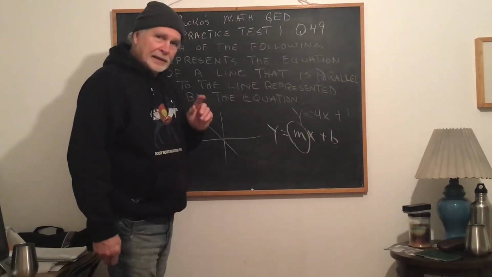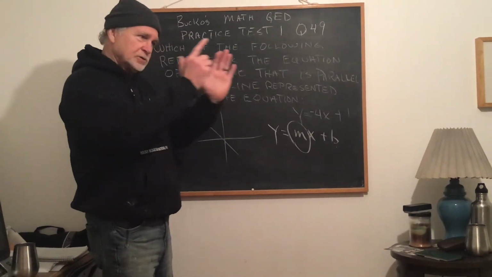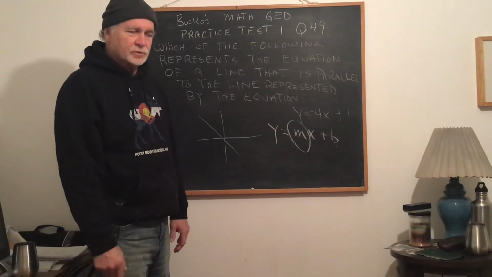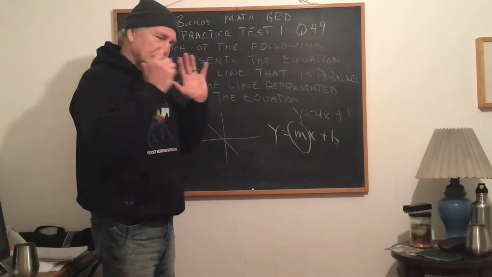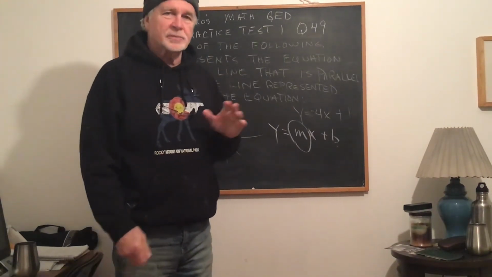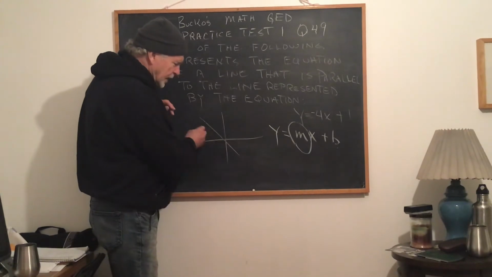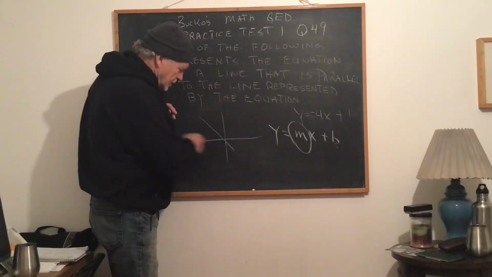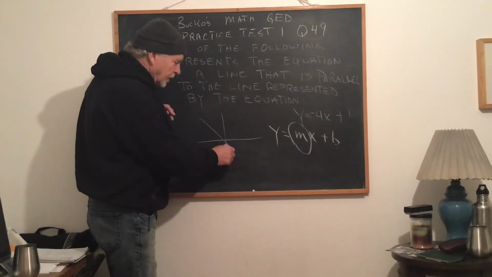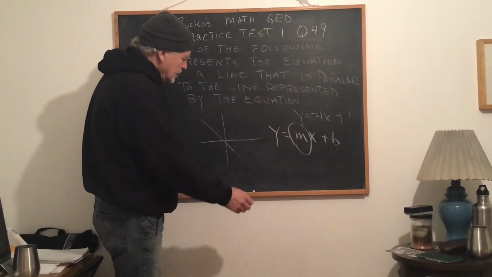Now for a line to be parallel, lines are like railroad tracks. They just go on forever and they never get closer and never get further apart. They're exactly evenly spaced. So that means the slope has to be exactly the same. Because if it was different at all, this line would cross right here, let's say, or somewhere else, but it would cross eventually if they're not exactly the same slope. So